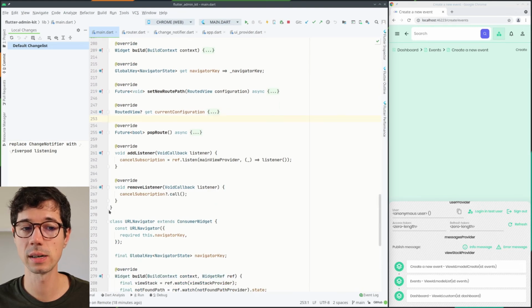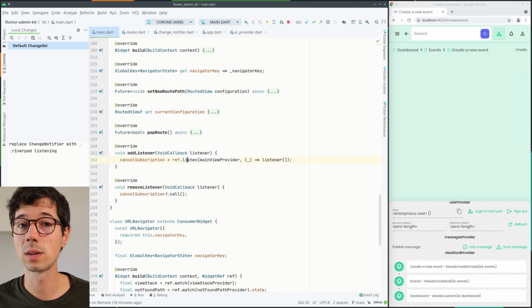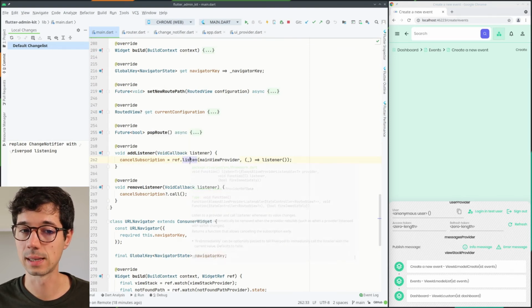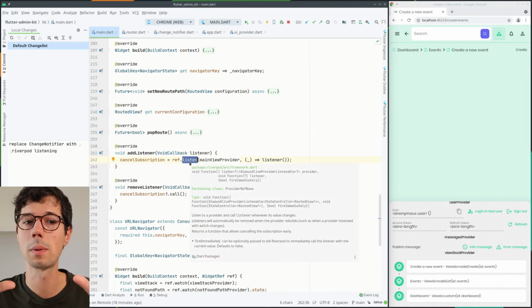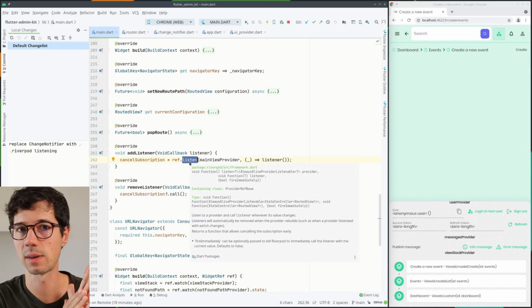So this is the easier part. Actually, it took me quite a while to figure that out, but once you have it, it's actually easy. It's not well documented, or maybe it's documented, but I didn't find good examples about it. There is not only the watch and the read method on the ref, on the ProviderRefBase, but also this listen method. And this listen method allows you to plug in imperative code. Basically, it's more like the usual notification happens. So you can say, this provider, I listen to changes of this provider. Whenever it changes its value, we want to have